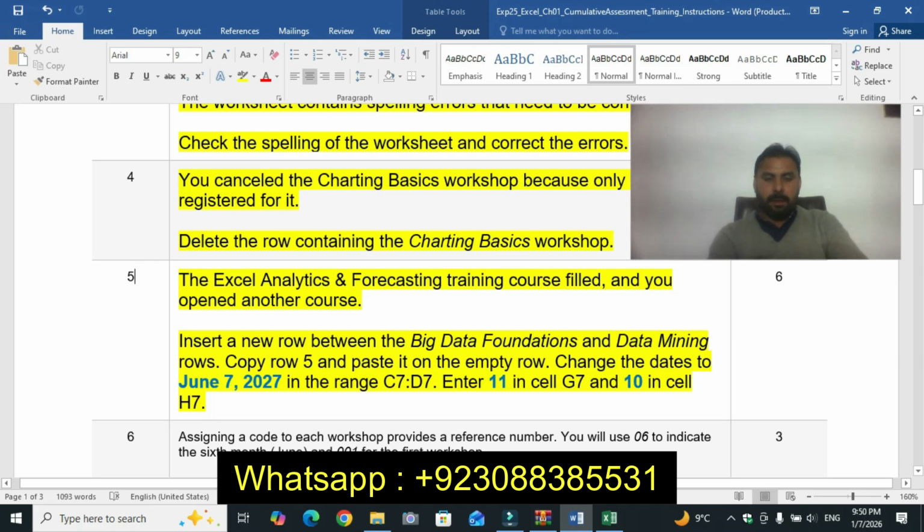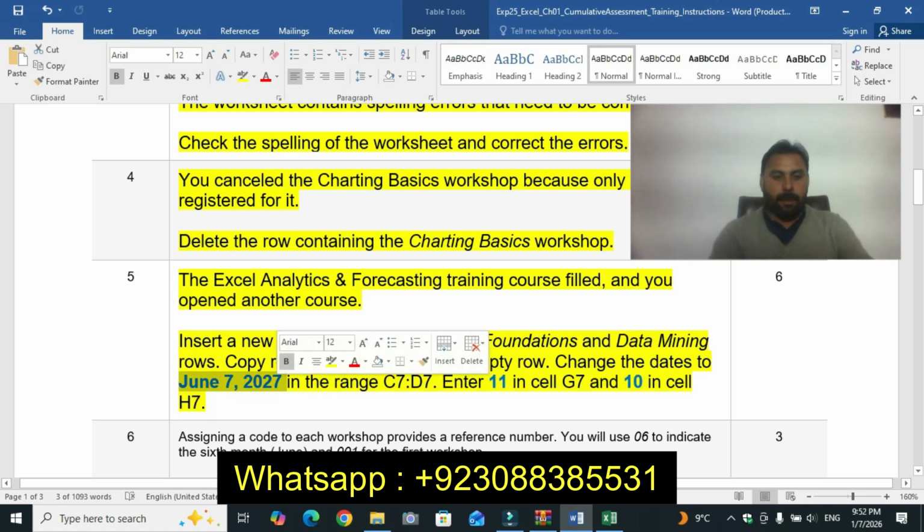Dates C7 and D7. Change the dates to June 7. Just copy. C7, D7.